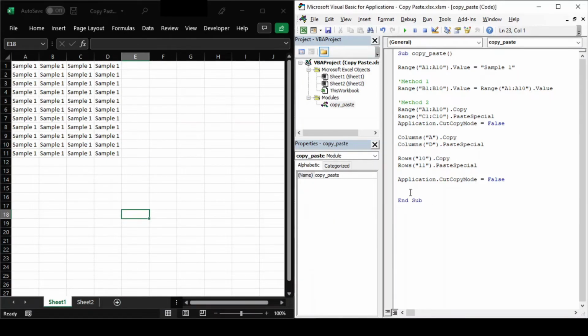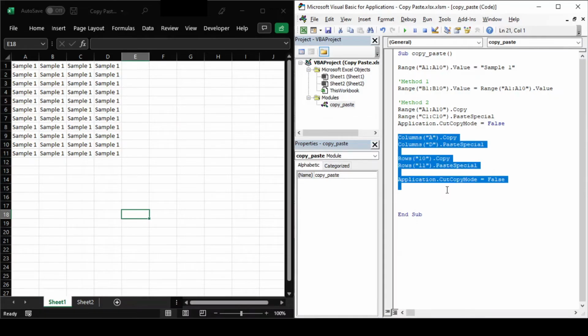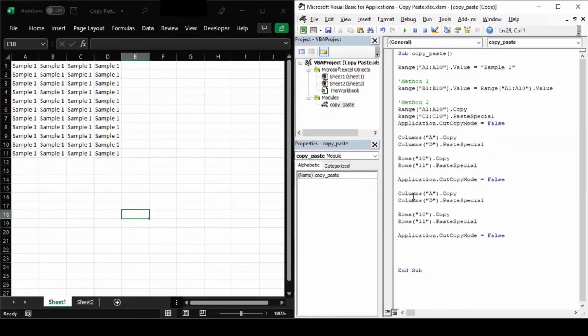So till now whatever we have done is done in the same sheet, but now we'll see how to copy the content from one sheet and paste it in another, and this is pretty simple if you have understood the code till now. We'll just use the above code and make some minor changes in it. Here, just before Columns and Rows, we'll add sheet names. So let's write Sheets into brackets, into double quotes.